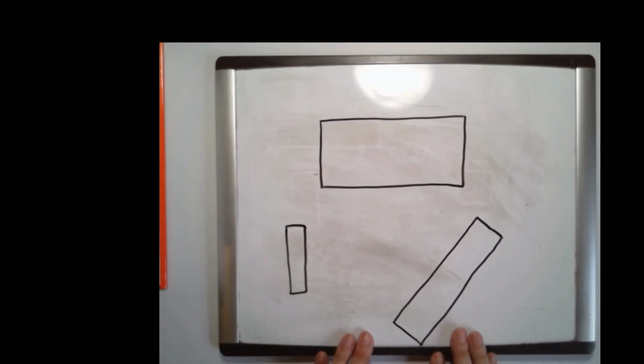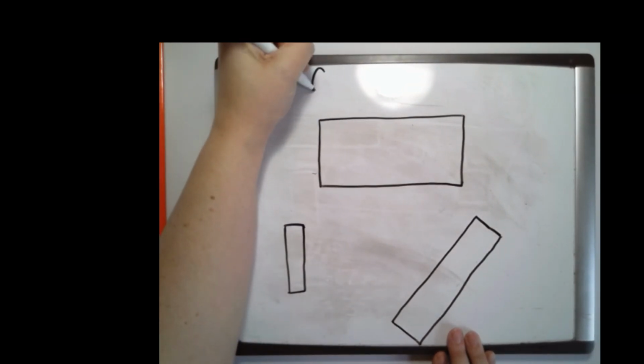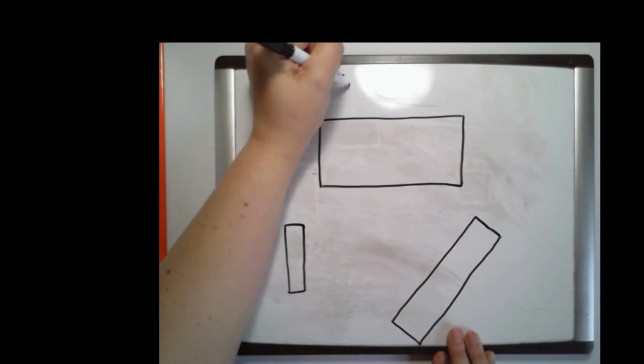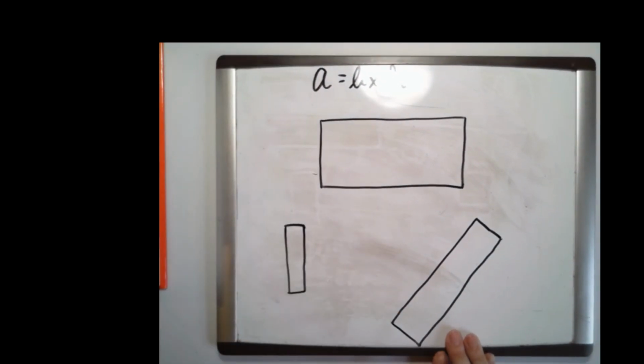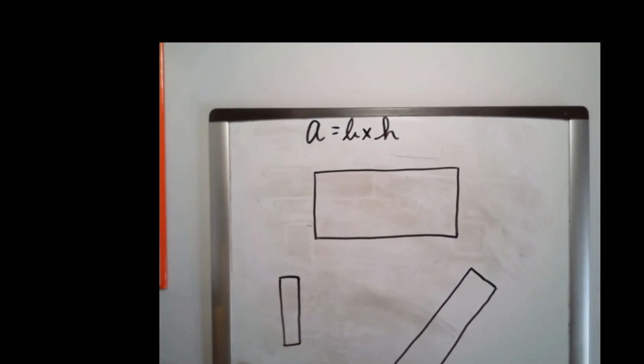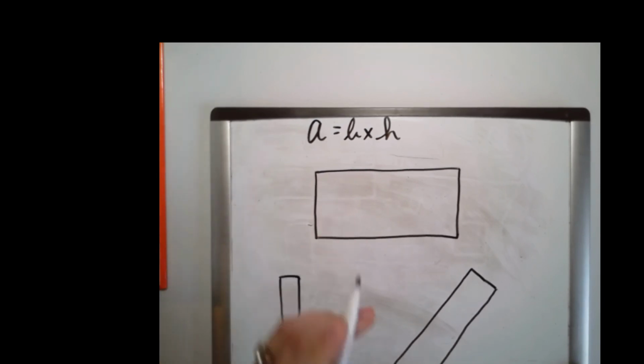So I'm going to go ahead and write our formula up here. So our formula will always be area equals base times height. Move that down so you can see it. Area equals base times height. So the good news is that on these problems, they're going to give you the base and the height. So all you have to do is put in the value that they've given you into the problem and do the multiplication. So let's say that my base for this first rectangle